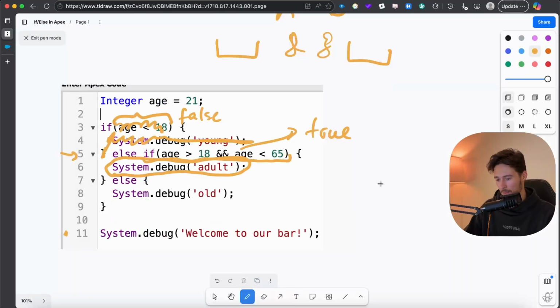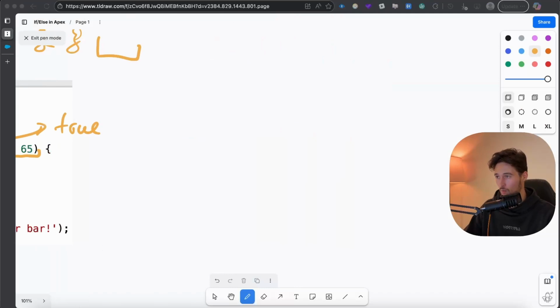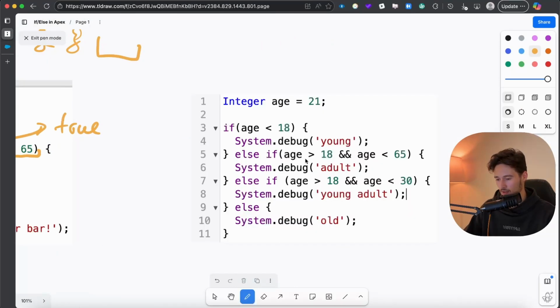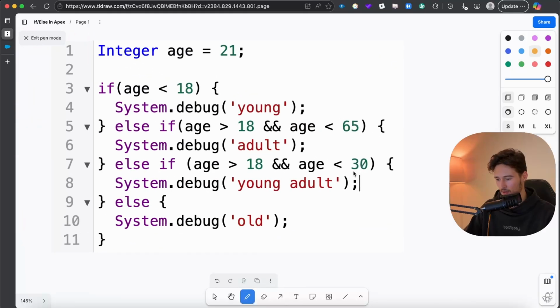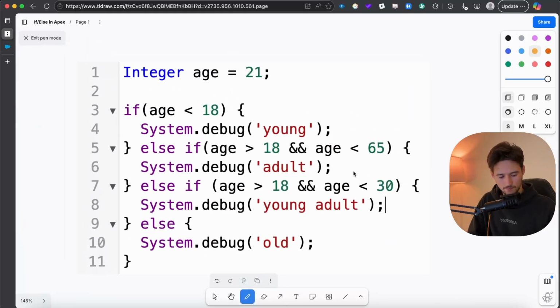Okay, let's have a look. Why do we get adult in there? Here, like this. Okay, so